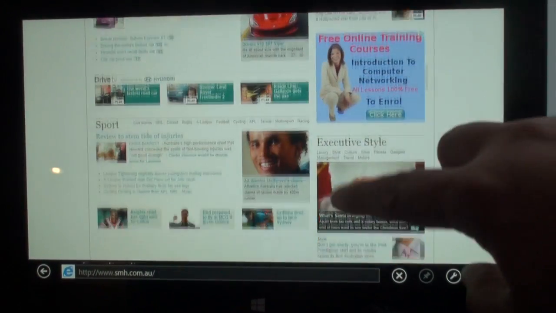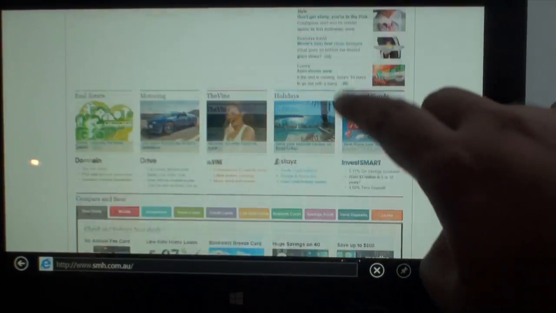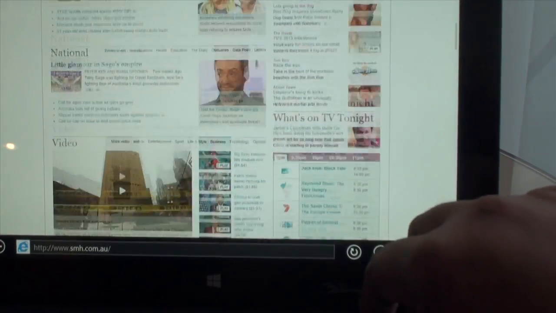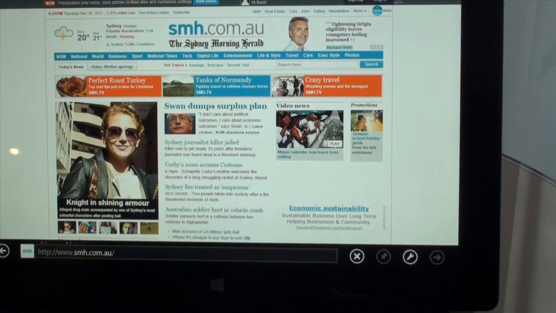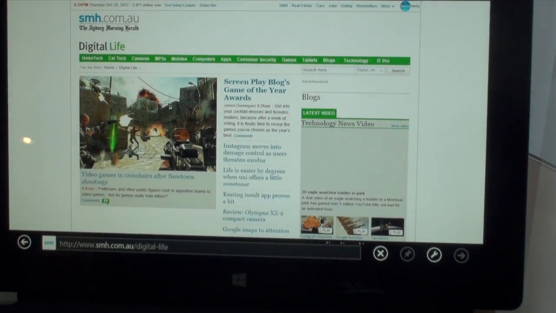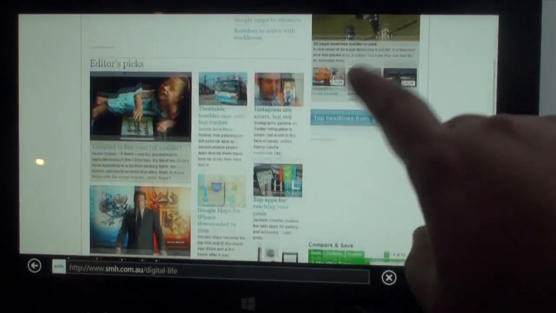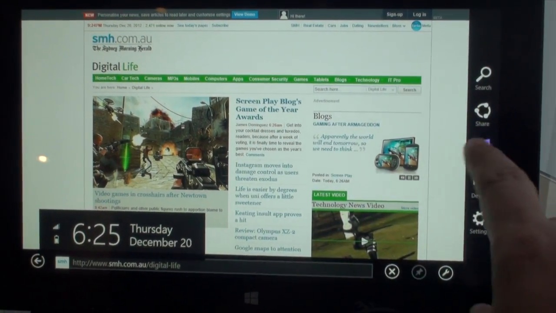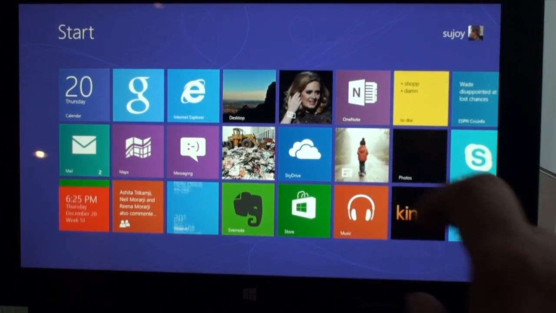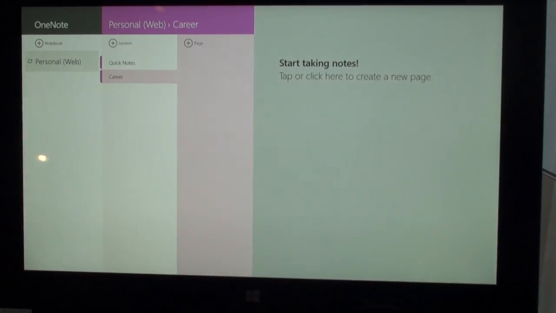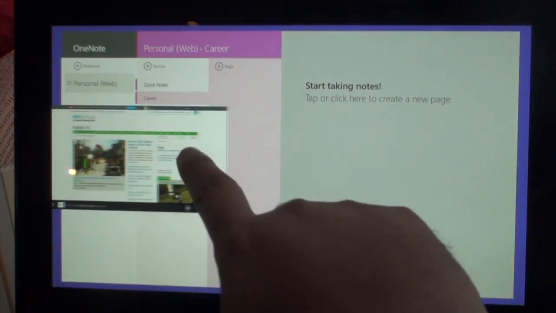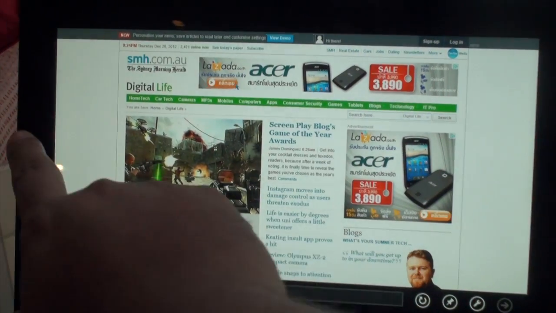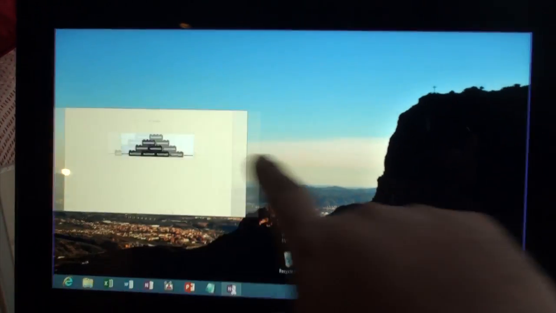And there you go. As I'm scrolling up and down, you can notice the whole page has actually been captured, and there's no trickle feed of information on the page for rendering. I clicked on the other link, and there you see again, it's pretty instantaneous. And if you move again to the right, you click on the Windows Home button, and there you come back home. And here I've just launched the OneNote app, and moving from left to right